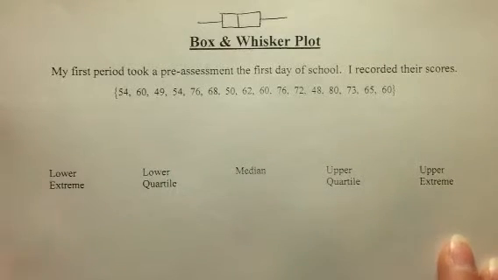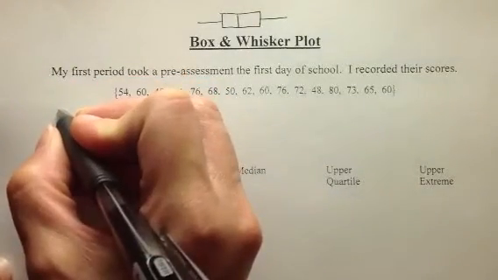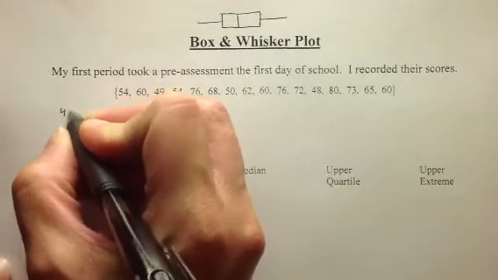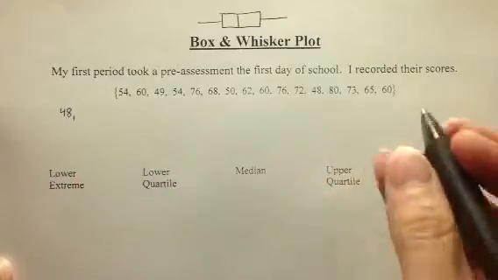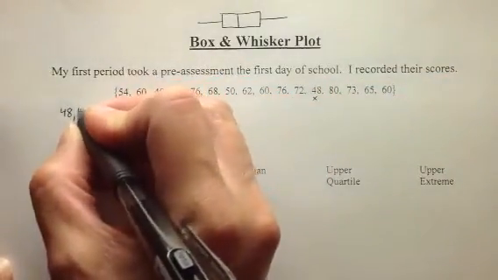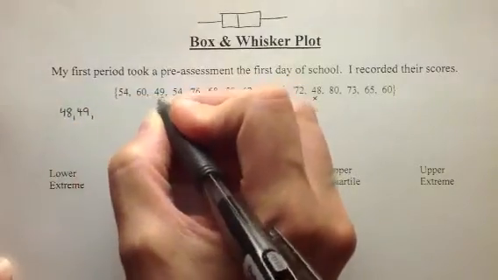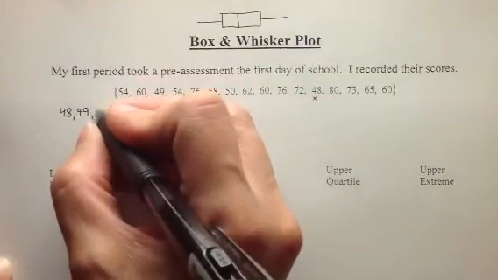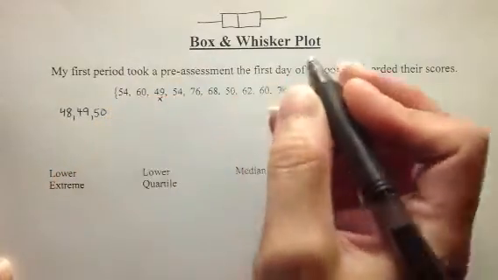The first thing you're going to need to do for a box and whisker plot is to put your numbers in increasing order. You can do increasing or decreasing. I do increasing. I like to mark them off as I write them down so I make sure that I'm not missing any numbers. So 48, 49, 50,